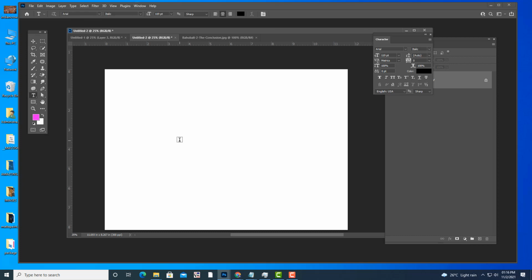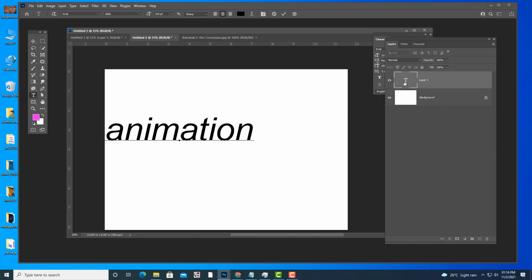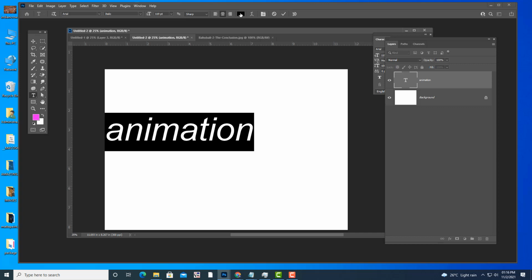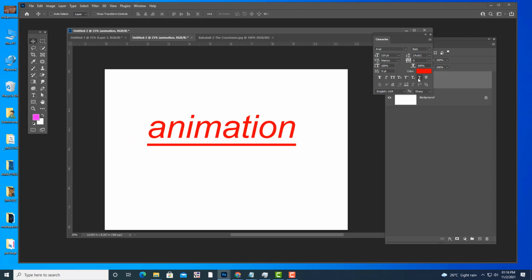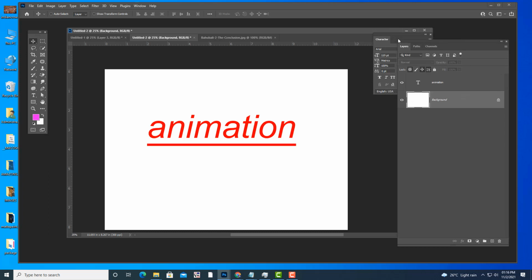So in the same way, if you want to put some underline, let me first change the color of the text. See, underline is also here, so you can just give some underline to the text. See, underline, and again once your task is completed, just turn this off. Okay, so we have to turn it off. See, I have selected a different layer and turned it off, so that underline is still there with the text, but the option is off. Okay, so like that you have to do.